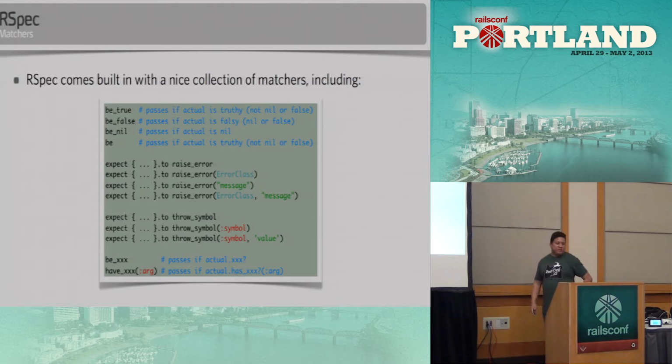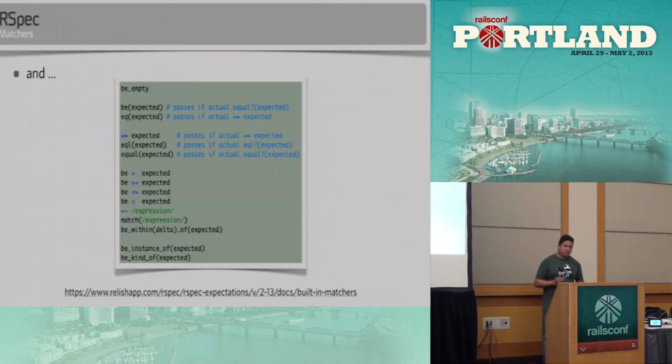Now, RSpec has a bunch of different matchers to do pretty much every type of comparison you can think of. From Booleans to checking if something actually exists or not, expectations of raised errors or specific errors being thrown, and it also creates a DSL over specific methods that you have. So if you have a method called exists, question mark, you can say expect it to exist. There are also a lot of nice collection methods. There are also regular expression matchers, and those are pretty useful too when you're dealing with a web application.